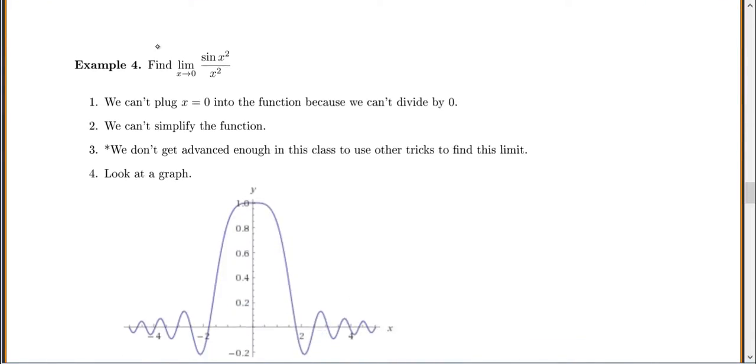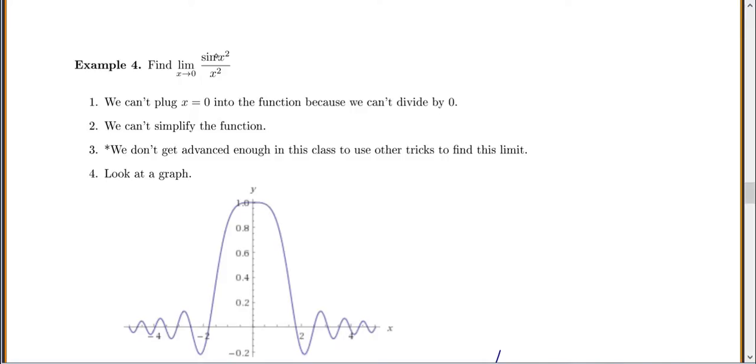Okay, here's a different example. Find the limit as x approaches 0 of sine of x squared over x squared. Notice, can I plug in a 0? No, because I'd have a 0 in the denominator. I'd be dividing by 0, so we can't do that. You can't simplify sine of x. In fact, if you haven't taken a trig class, you don't even know what that is. We're not getting advanced enough in this class to use other tricks to find the limit,